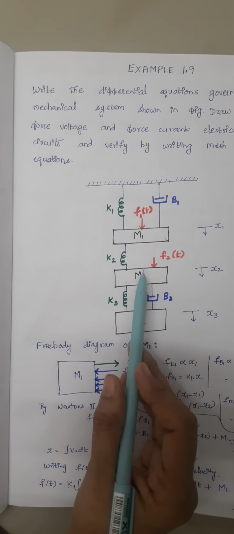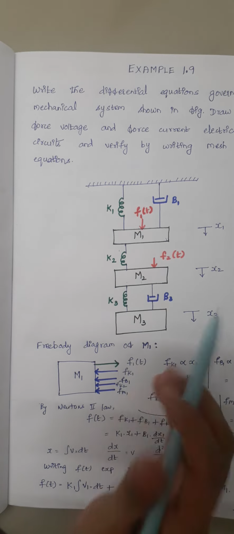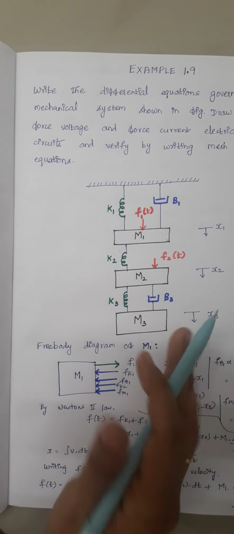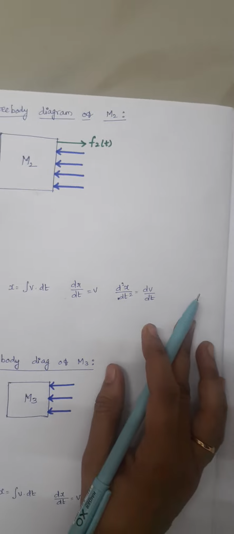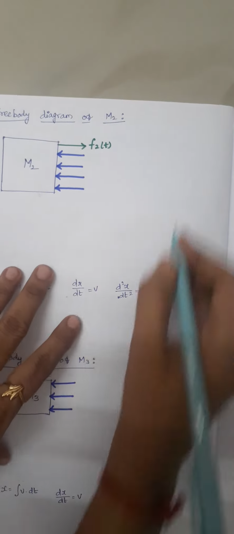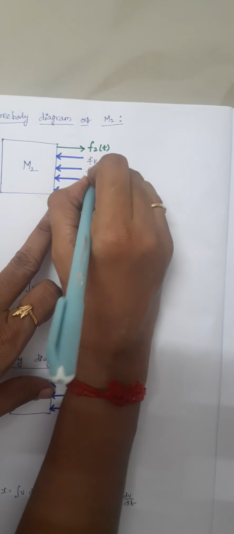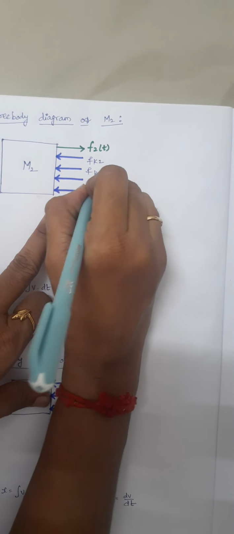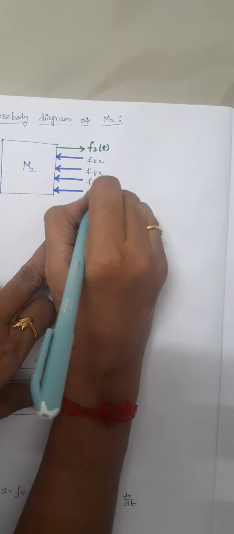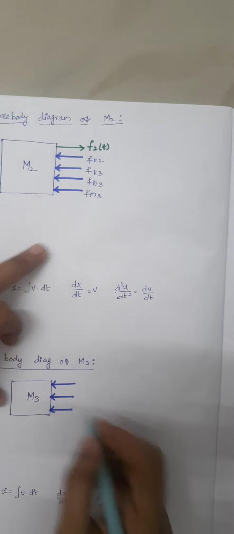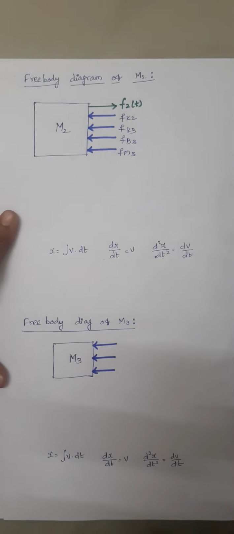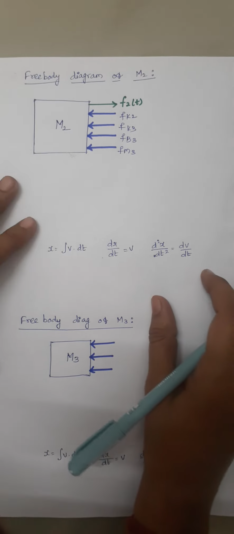So this free body diagram will consist of totally 5 forces, right? Here F2 of T is the applied force and the remaining forces are produced by Fk2, Fk3, Fb3 and finally Fm3. Again we are going to write the equivalent expressions here. So when we write, we will be having